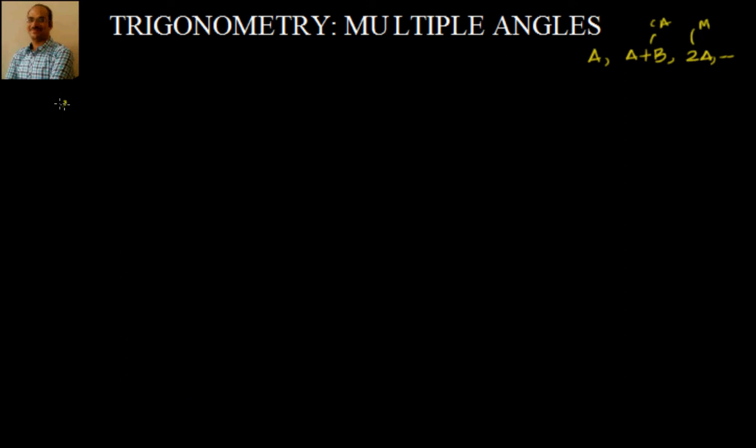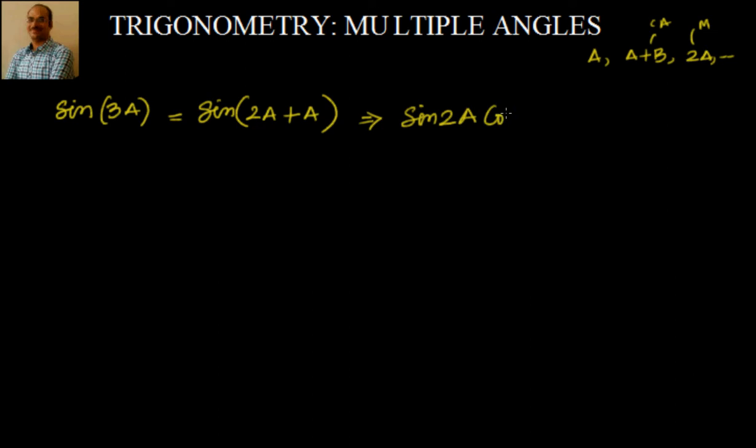So you want to find out sin 3A. Now any thoughts? How do we want to go ahead with this? Same logic, whatever we have applied. Sin of A plus B. Now I will write it as sin of 2A plus A, where my A is 2A and B is equal to A. So this is nothing but sin A cos B plus cos A sin B, that is sin 2A cos A plus cos 2A sin A.